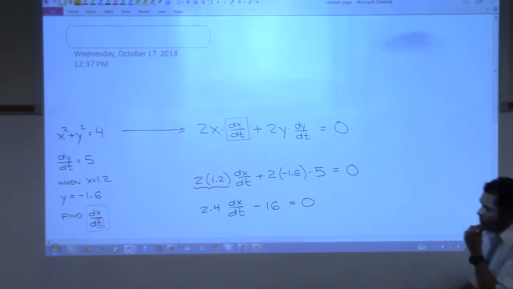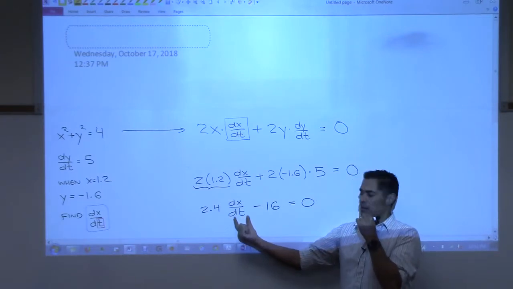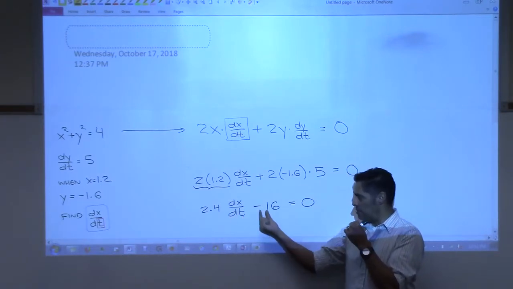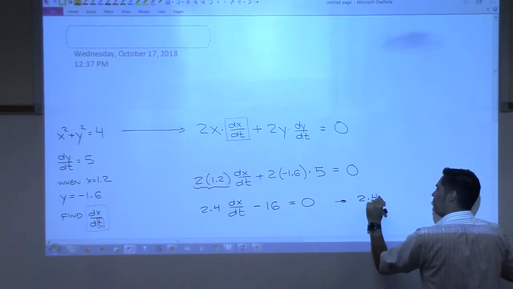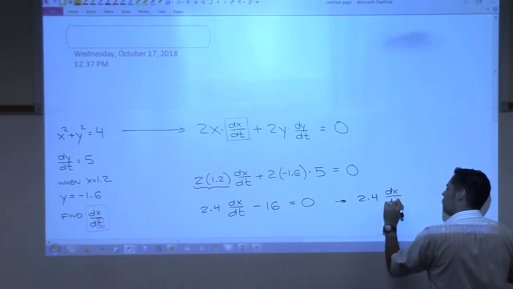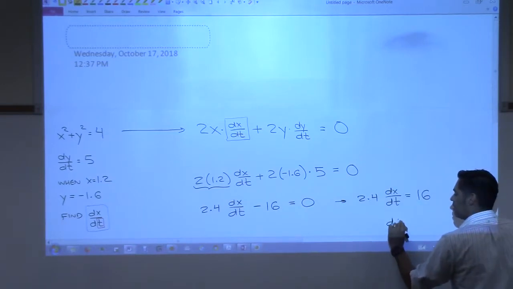Now I'm trying to solve for this, right? So how am I going to get this? How do I solve for this at this point? Yeah, so try and isolate this. So let's move the 16 over first. So 2.4 dx/dt is positive 16, moving the negative 16 to the other side. And then finally, divide by 2.4. So dx/dt is